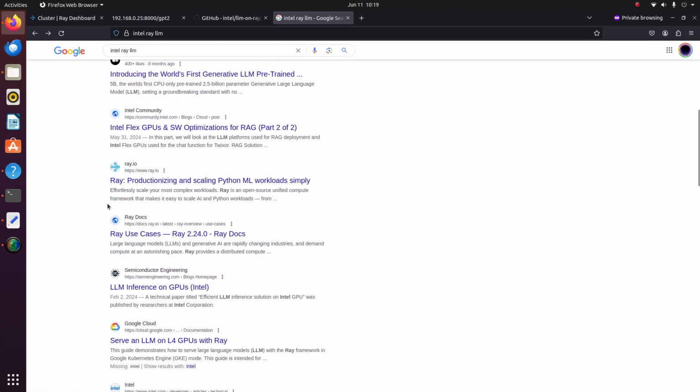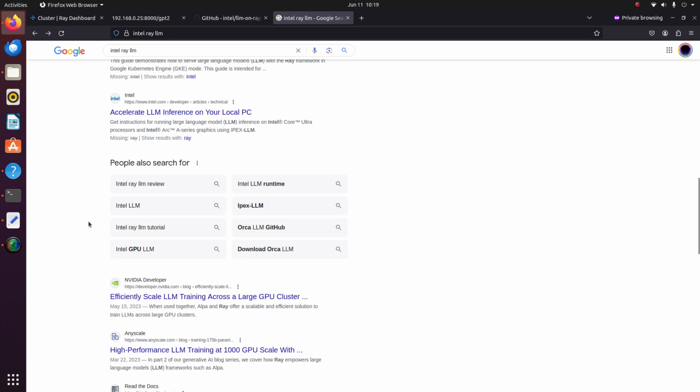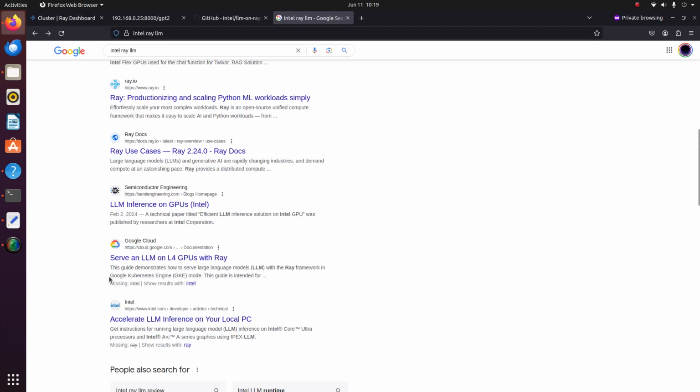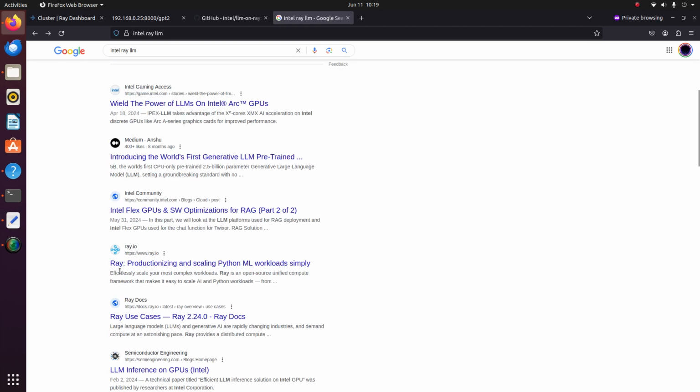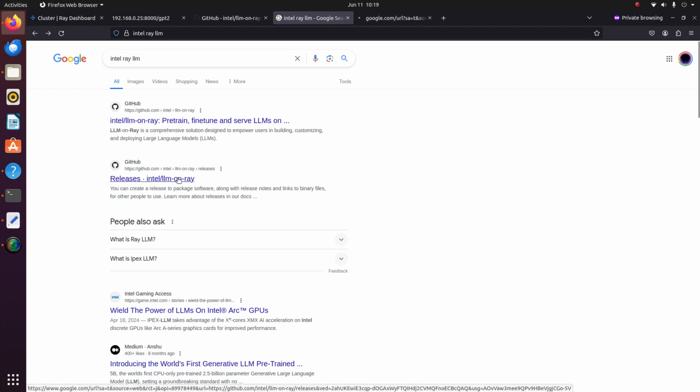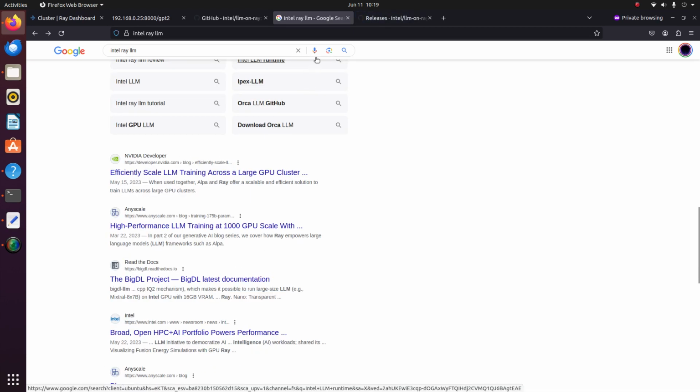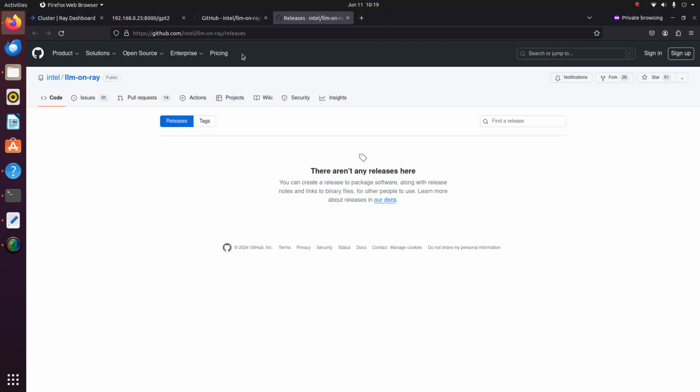Half the tutorials don't work, no matter what OS you use. Frankly, it's a pain in the butt, and they don't even tell you off the bat that you need to install certain packages and use Ubuntu. So instead of using their system, we're going to be using Intel's LLM on Ray, which you can